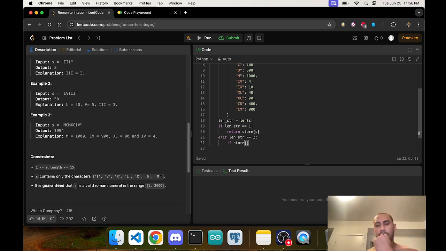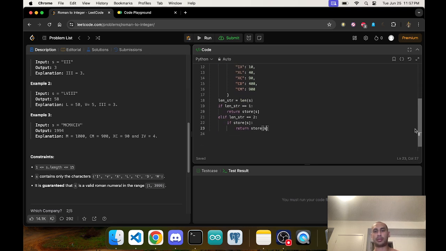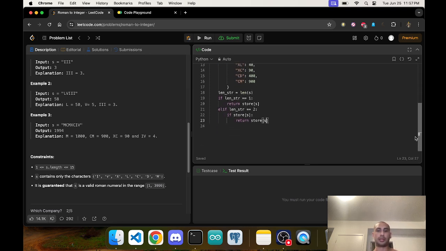Actually, no, I don't have to do that. Okay, so if the store has it, so if store s, return store s. So if it's in there, if the grouping is in this store as a whole string, return it. Else,